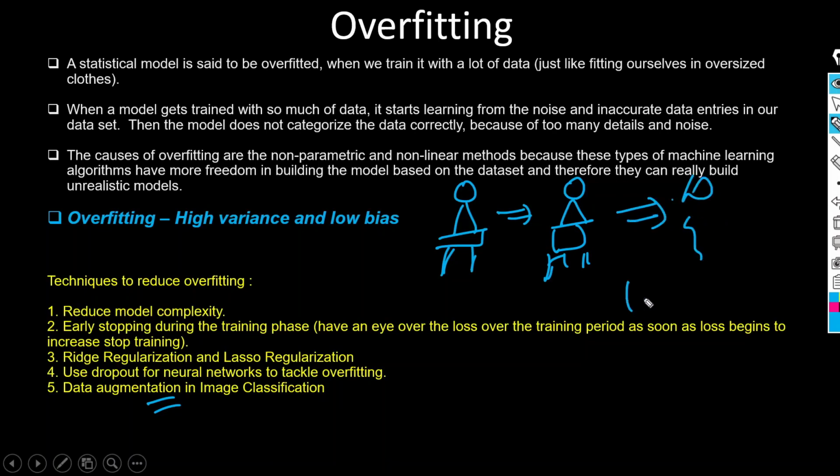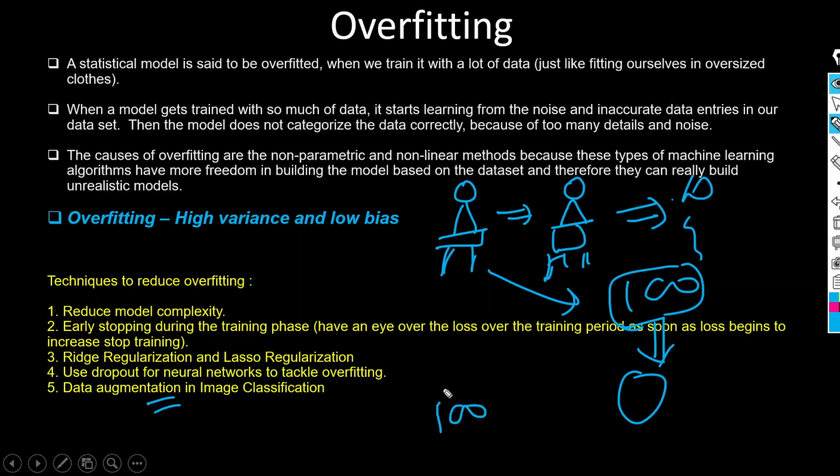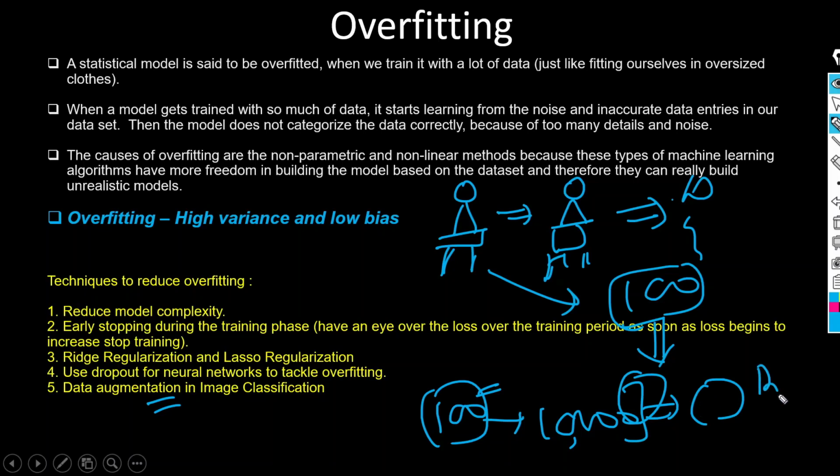So this way I can create 100 images with the help of one image, and by these 100 images I can train our deep learning model. So this way I have 100 images, so I can create 10,000 images with the help of these 100 images, and these 10,000 samples will be good enough for the deep learning model for me. Okay, so this way we can use data augmentation to overcome overfitting. That I will cover in our deep learning playlist.